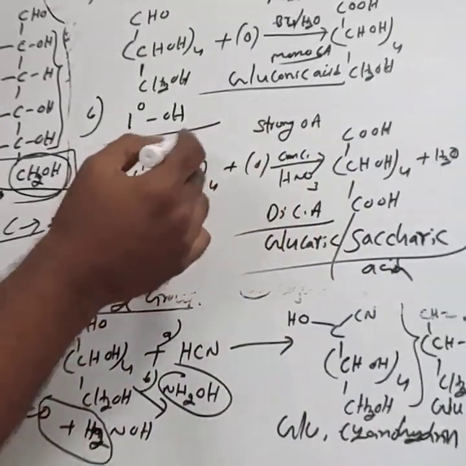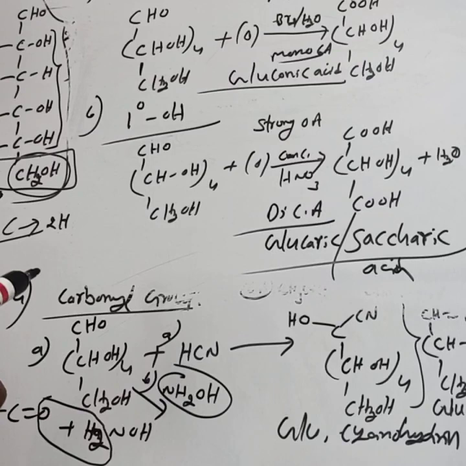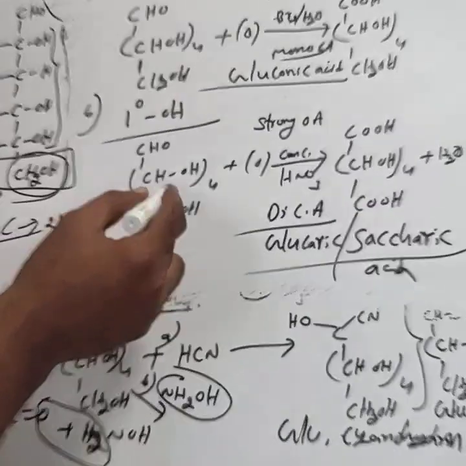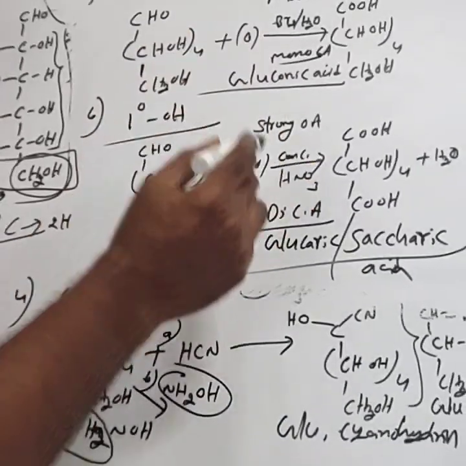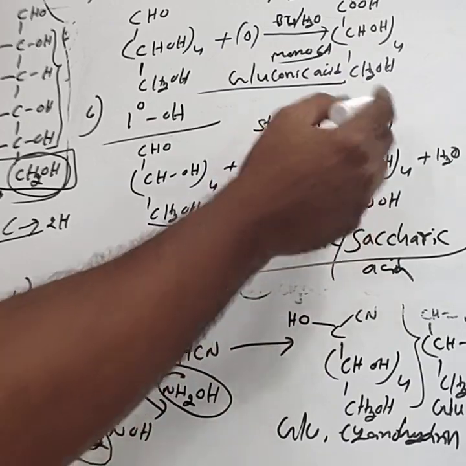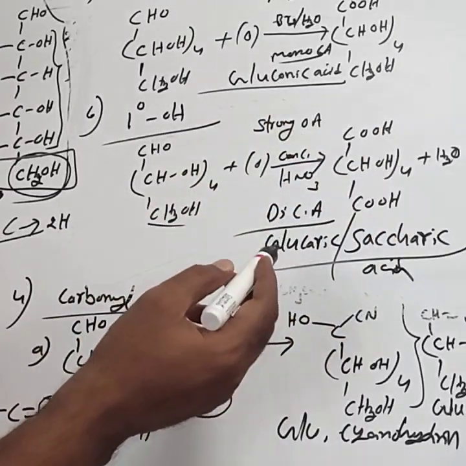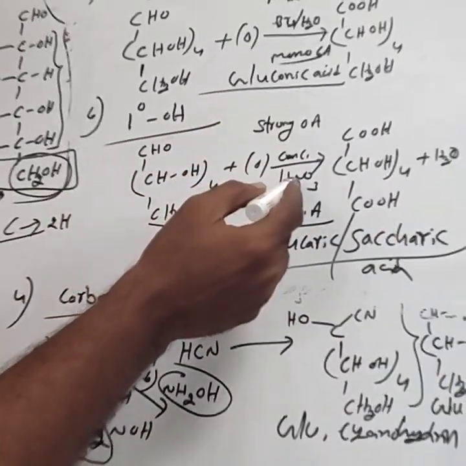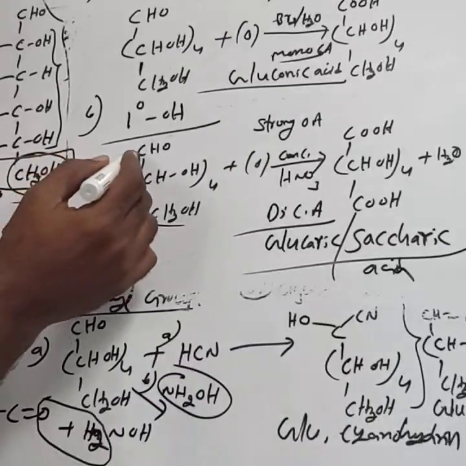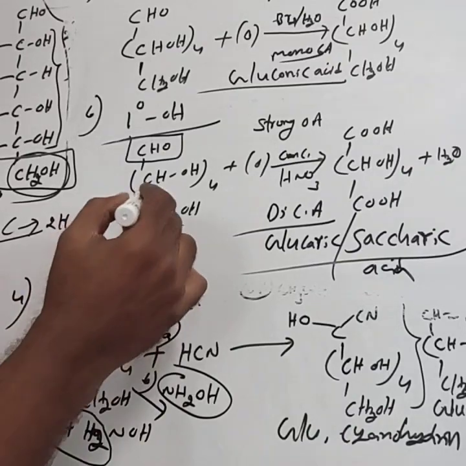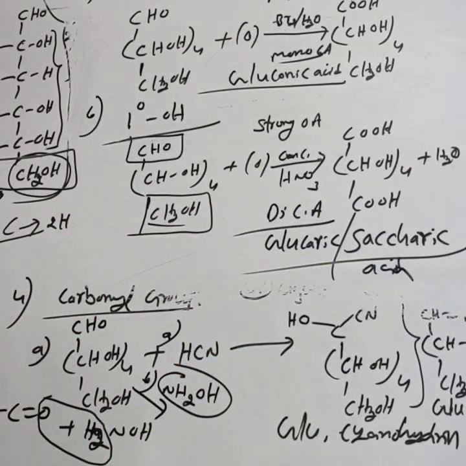If secondary alcohols undergo oxidation by a strong oxidizing agent, the carboxylic acid formed contains a lesser number of carbon atoms, but primary alcohols give the same number of carbon atoms. When primary alcohols undergo oxidation, they contain the same number of carbon atoms as the primary alcoholic group. This is the dicarboxylic acid. By using this concentrated HNO3, we can confirm that at one terminal position an aldehyde group is present, and at the other end a primary alcoholic group is present.